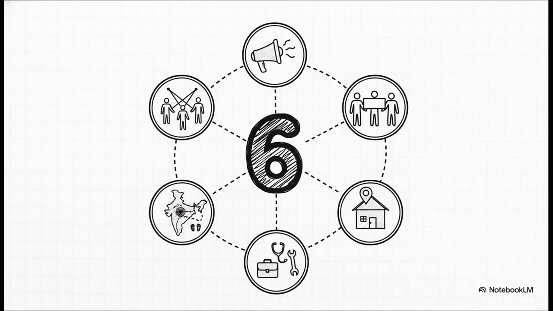And then you get to your 6 key freedoms. And this is the stuff of everyday life, right? The freedom to speak your mind, to get together with friends peacefully, to live wherever you want in the country, and to choose your own career. These are the rights that make a society feel open and free.